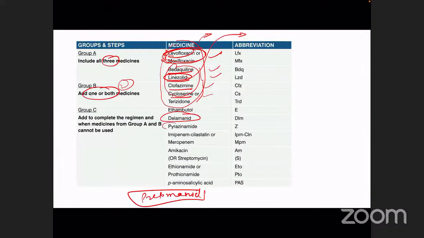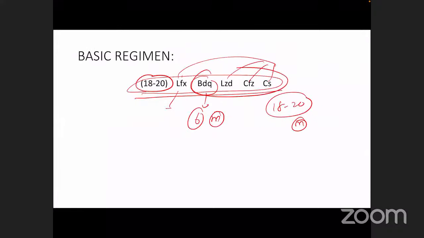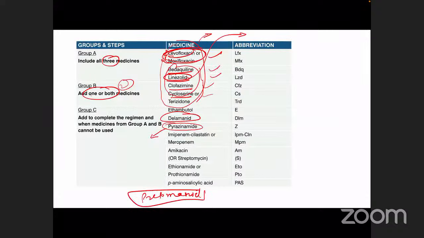Say, for example, if your sensitivity testing says pyrazinamide is sensitive, you can definitely use pyrazinamide. Okay, it is obviously individualized. If the patient has some contraindication to a particular drug, you will not use it. If you think that this patient is not fit for a particular drug, you will not use it. So it's a tailor-made, individual patient-based regimen. But the basic funda is very clear. The basic regimen should be all 5 of group A and group B, if not contraindicated, if there is no resistance to